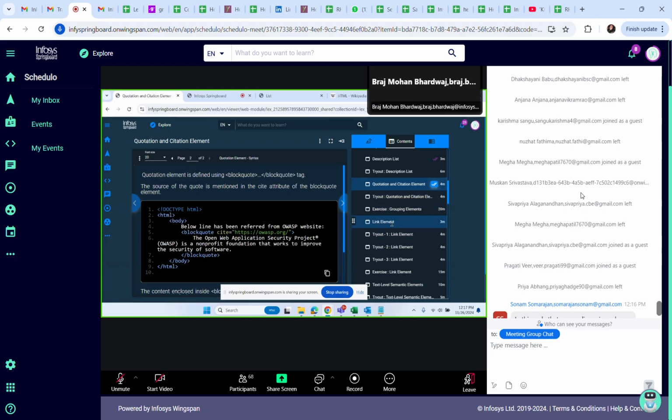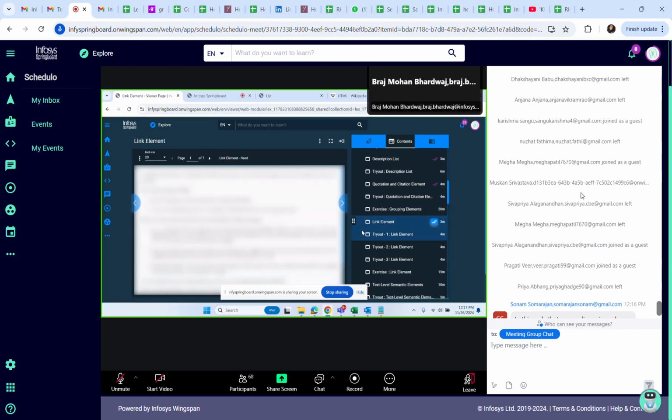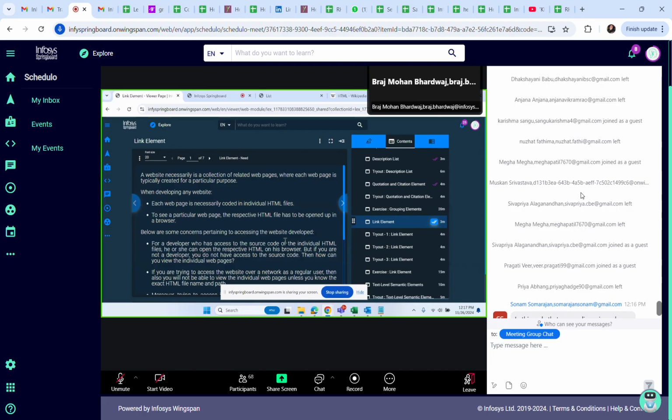So please do it. Now, the next topic, another very important topic in HTML, is the link element. Linking here means connecting the different pages we are building into one single website, so that the user can navigate to the desired location.